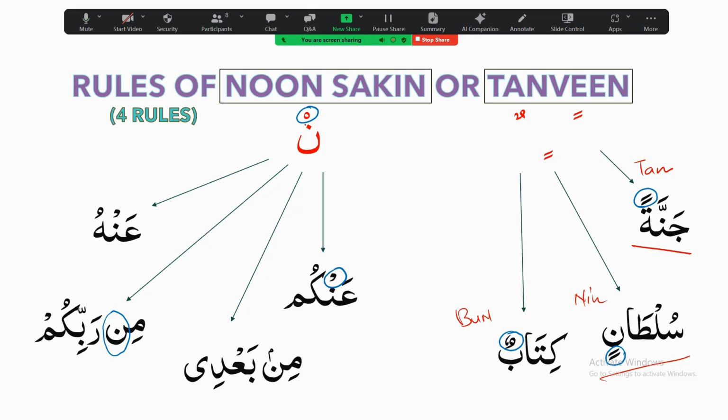So for that you will have to remember the places where you can make those sounds and where you cannot. Otherwise that will be considered a very big mistake in terms of tajweed and recitation. For example, for this word here, ankum, you see a noon sakin here, right? When we are reciting and following the rule, we are supposed to say it like